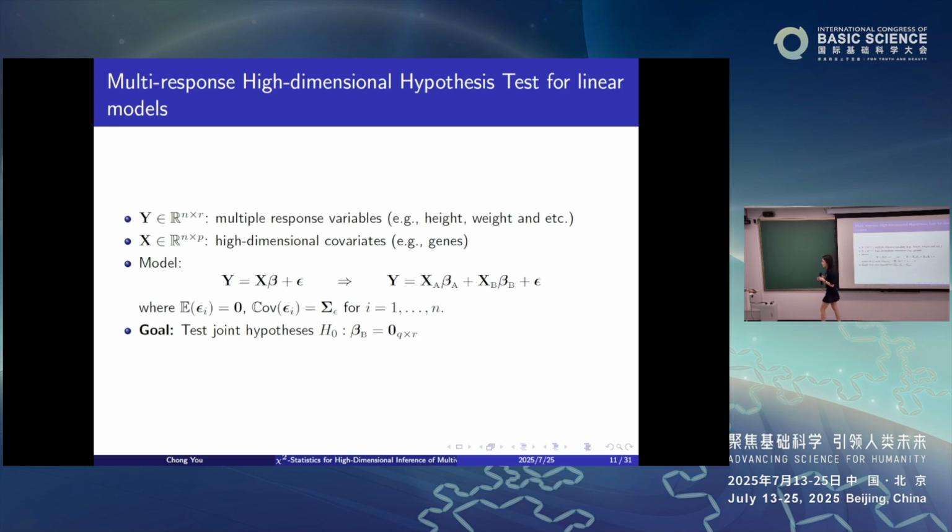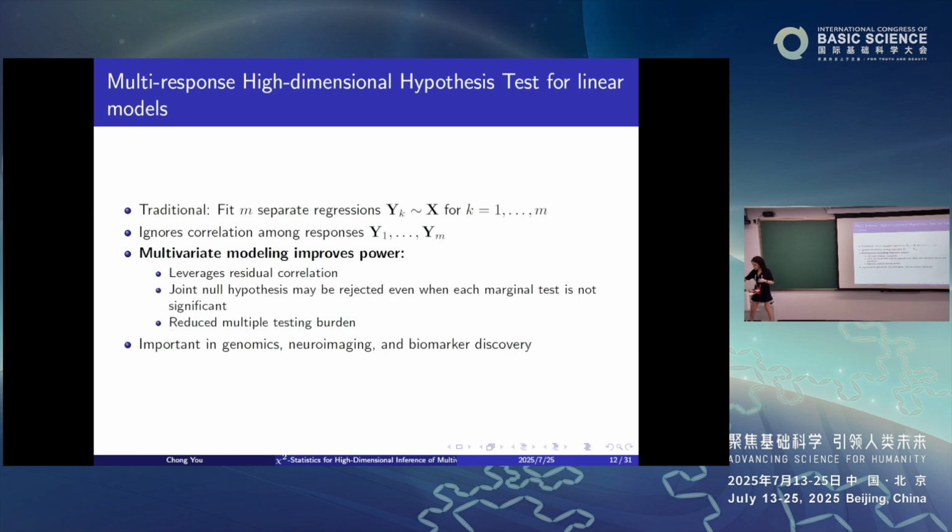So what they did is to fit, sorry, this is not M, but R separate regressions. So they did phenotype independently, but this will ignore the correlation between those phenotypes. And joint modeling those phenotypes can boost the power to detect weak signals and also avoid